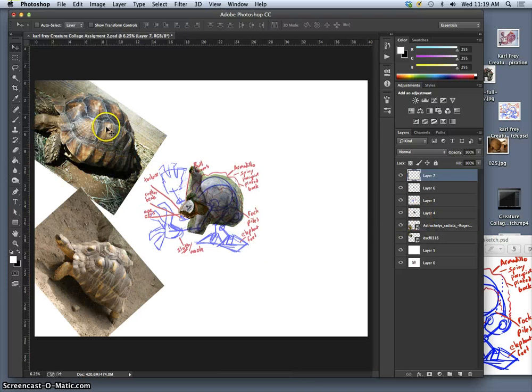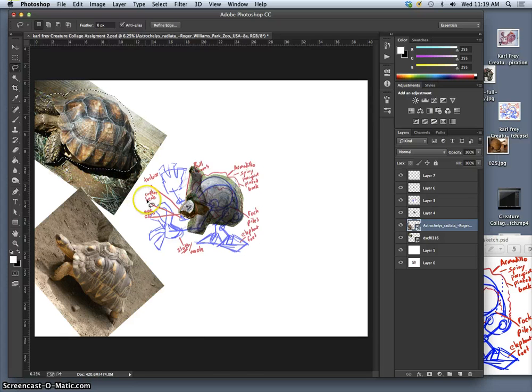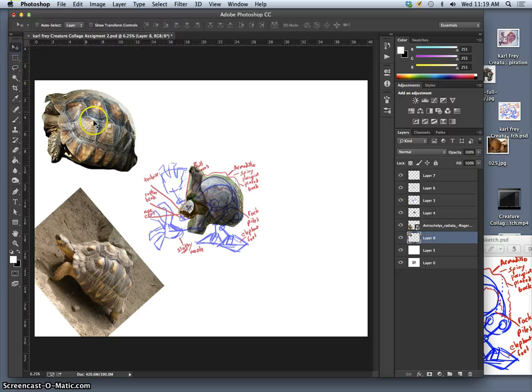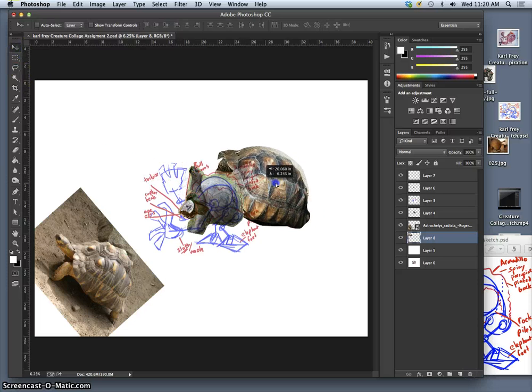Okay, now the shell. Getting as many of these connections as I can. Duplicating it. Make sure I'm on the right layer. Duplicating it. Deleting the layer underneath because I don't need it. Then moving that layer on top of